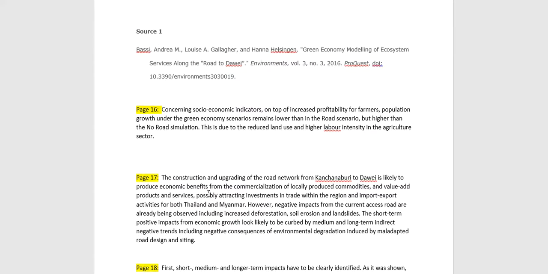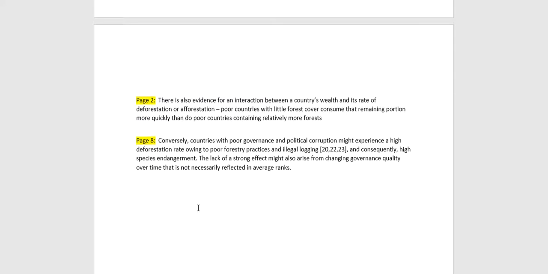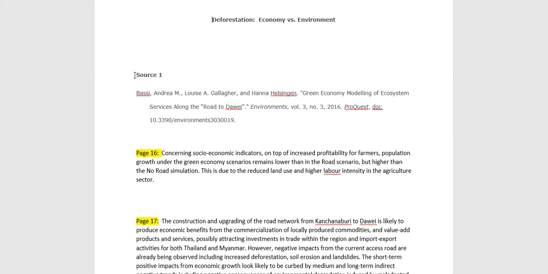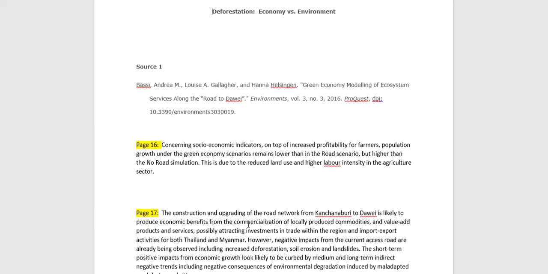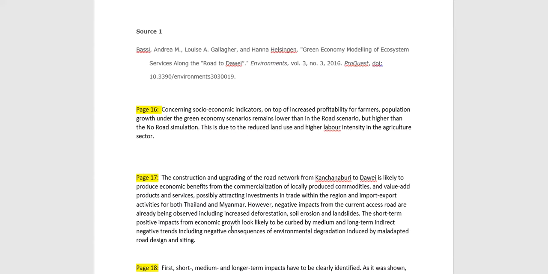So in this method, you simply identify each source and you take notes as you go along, just like you would with pen and paper in the old-fashioned world. I also identify them as source 1 and source 2, etc., because later when I rearrange this data, I don't want to have to keep repeating that citation over and over again. So if I identify it as source 1, each time I take a piece of this data and put it somewhere, I will just put source 1 after it, and then I know to go back and find the citation